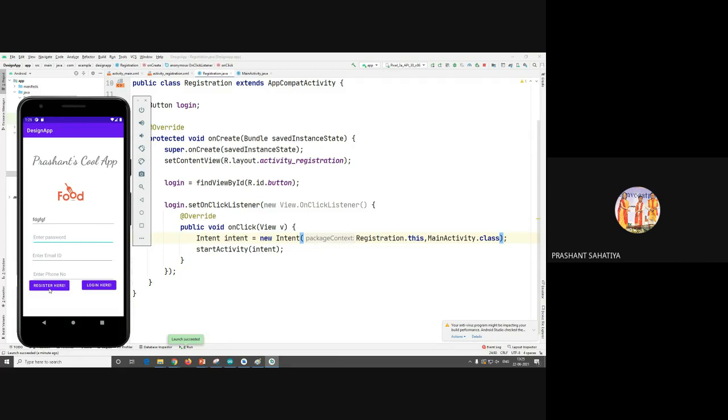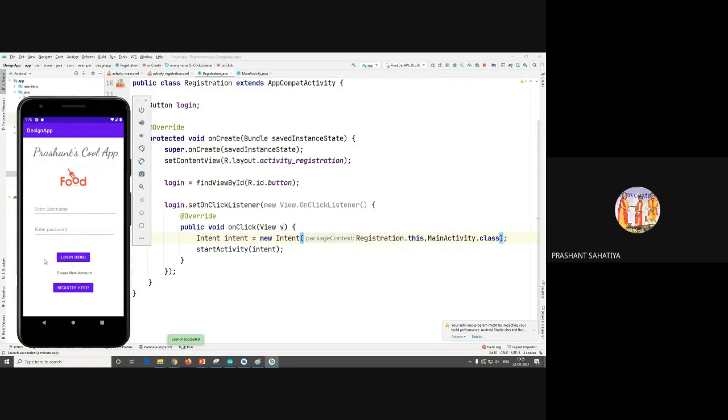That is also a next level concept which we can take, but right now I don't want to focus on the database and everything. After clicking on register, you can save in the database, so you will have all the users' registration details with you. So if I click on login here, I'm redirected into the login portion. So that is a very simple and basic app which we have created.